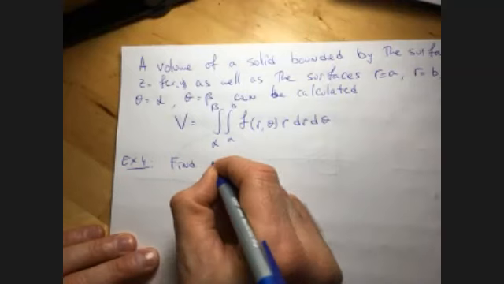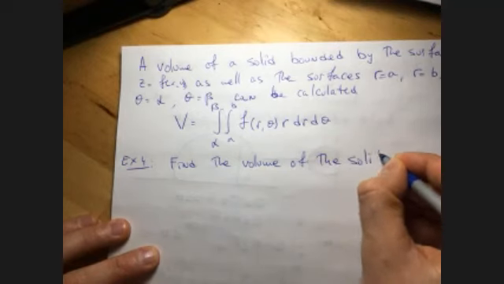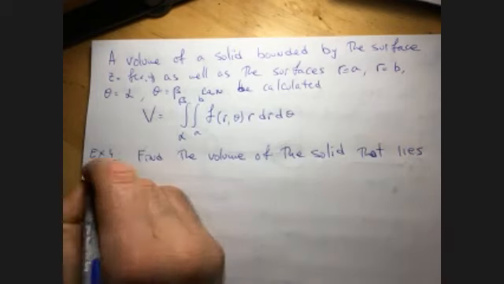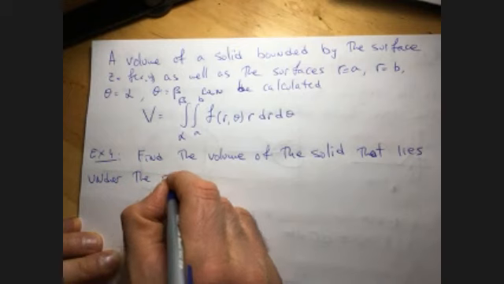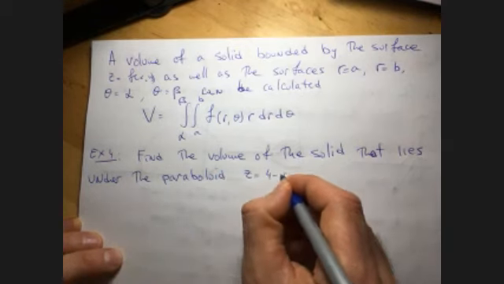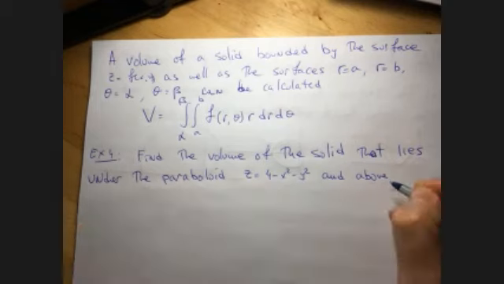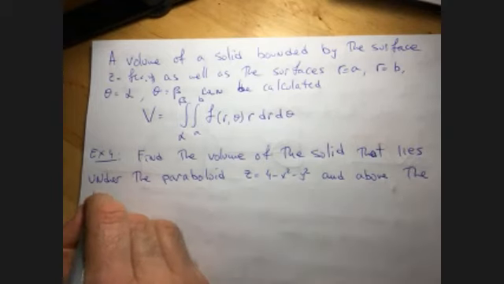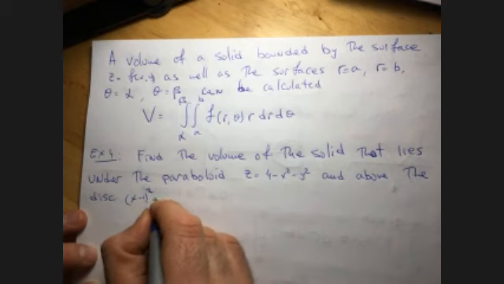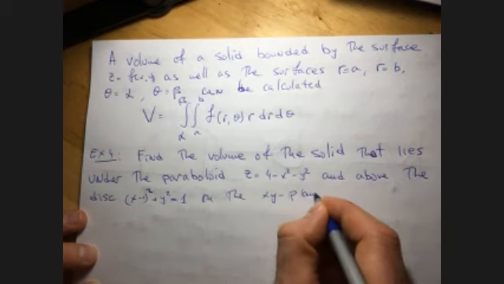Find the volume of the solid that lies under the paraboloid z is equal to 4 minus x squared minus y squared, the one that we saw before, and above the disk (x minus 1) squared plus y squared is equal to 1 on the xy plane. Okay,